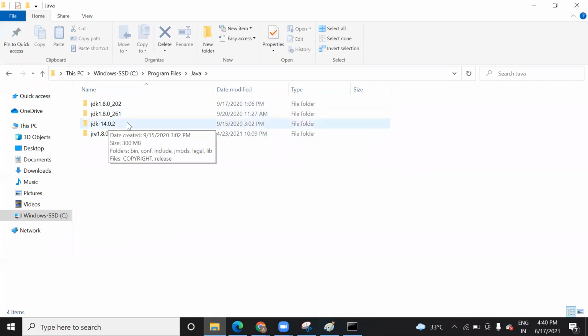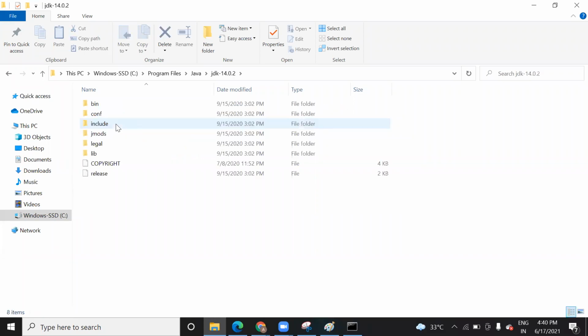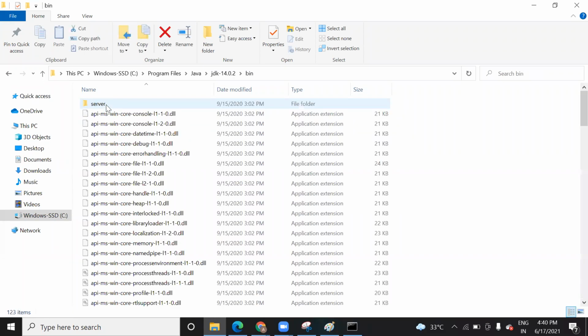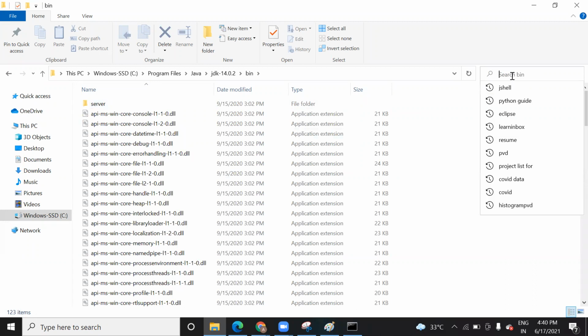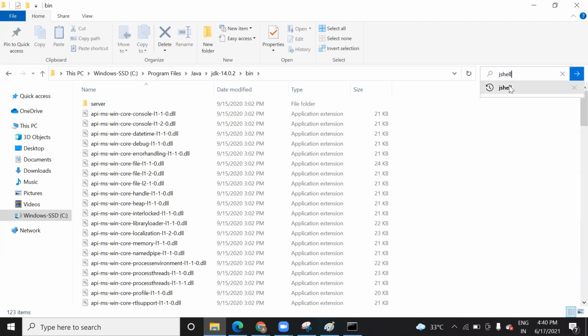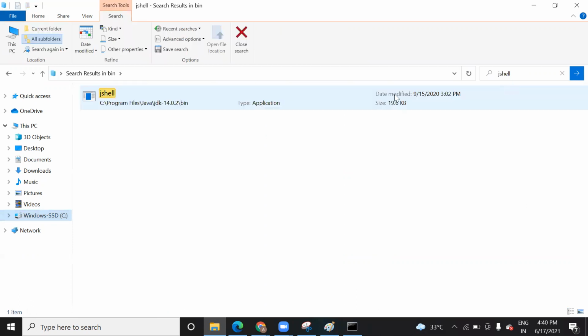I use the 14th JDK. When you go to the bin, check whether the JShell file is present. It's an application. See, it is there, right? Sometimes you do not find it on your system. In that case, you can install the JDK once again, and then you can find it.